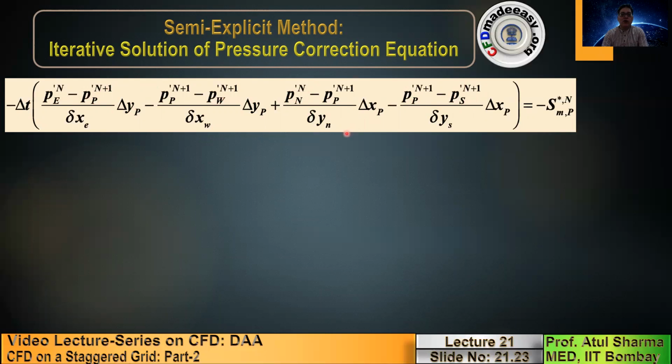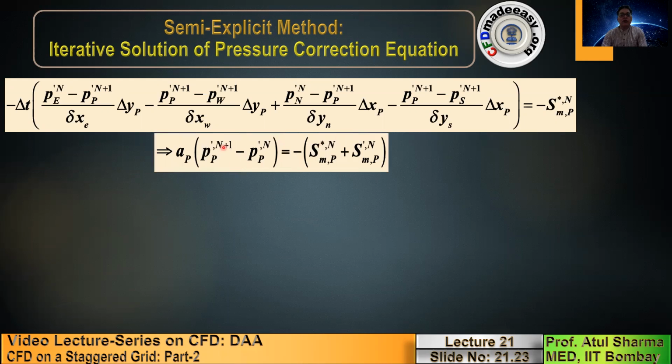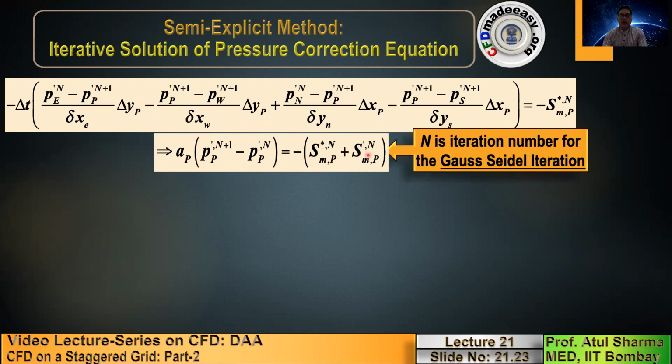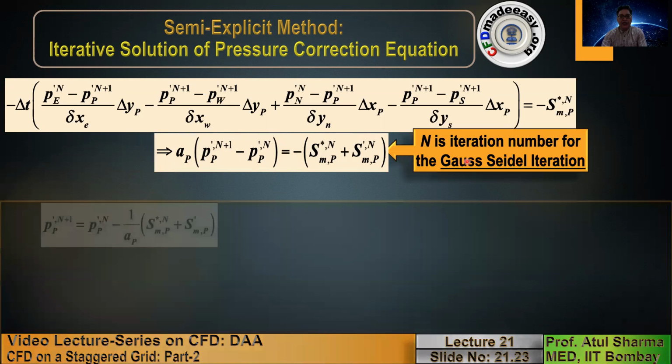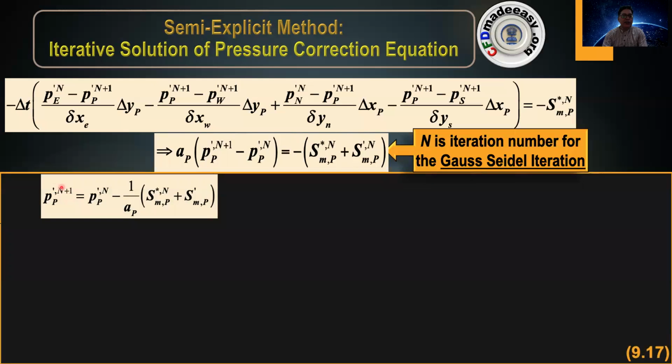So I am trying to show you a residual form of the pressure correction equation, which will demonstrate more clearly pressure correction as a function of the negative of mass imbalance. If you follow certain algebraic steps, this equation can be converted into this form. I'm showing you the final expression. You can do it through pen and paper yourself and check it out. From this equation, by using algebra, you can convert into this form, where, as I mentioned earlier, n is the iteration number for Gauss-Seidel iteration. And finally, you can get an expression where you can see P prime of the new iteration as a function of the mass imbalance,